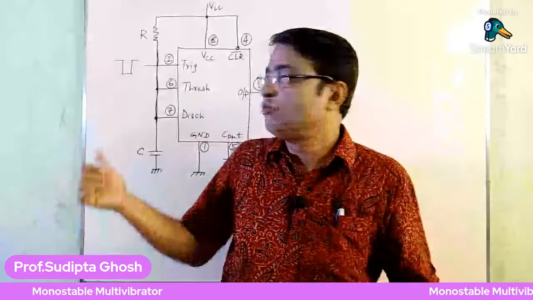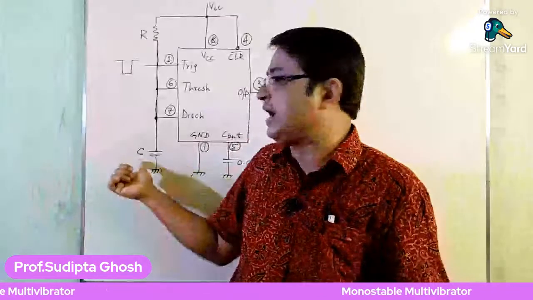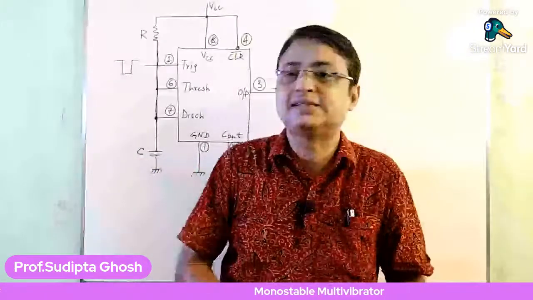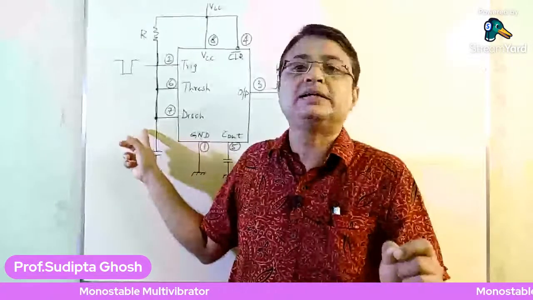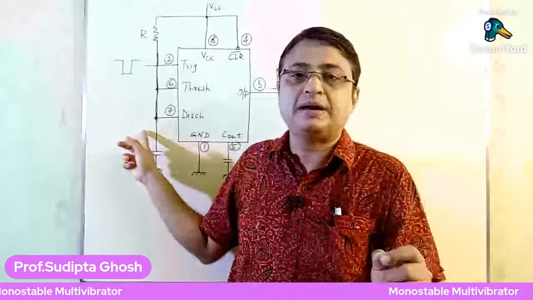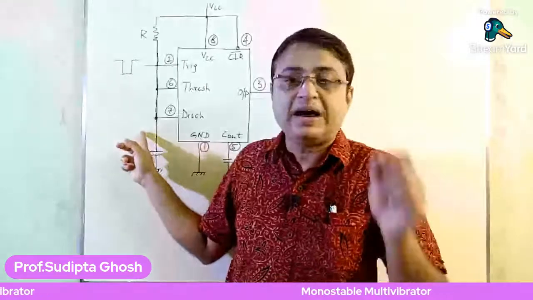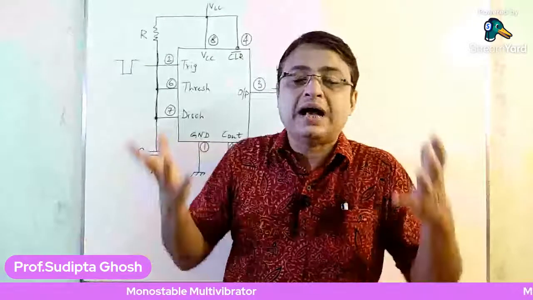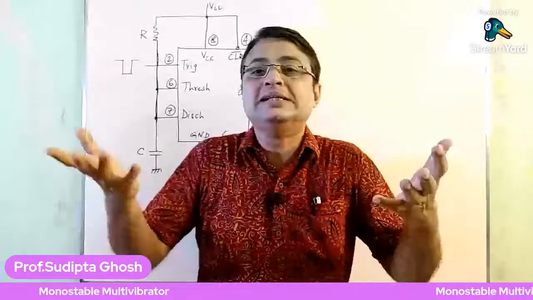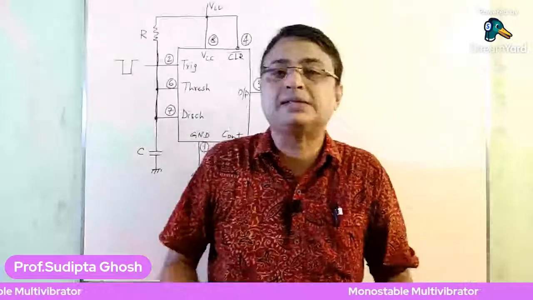Now what is the value of this pin number 7 right now? What is the value of pin number 7? Right now the value of the pin number 7 is 0. The value of the pin number 7 is 0 because the capacitor is discharged,